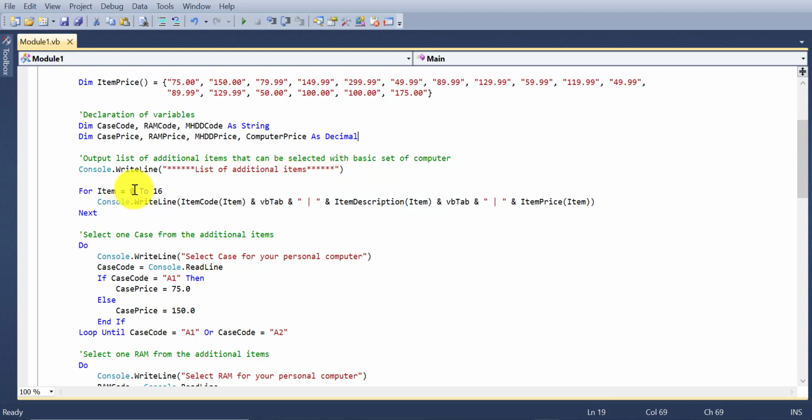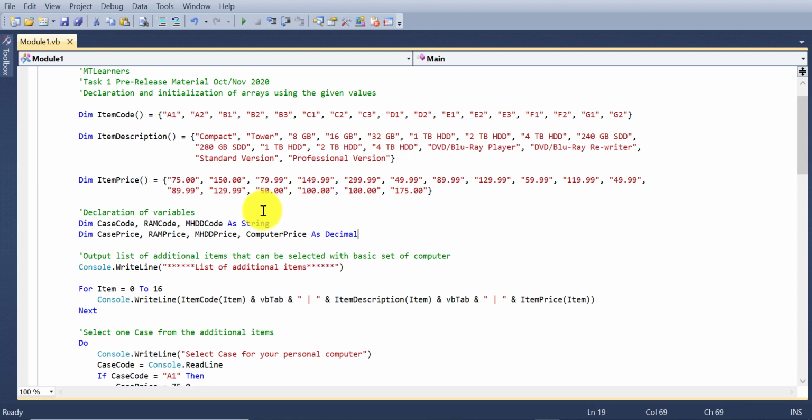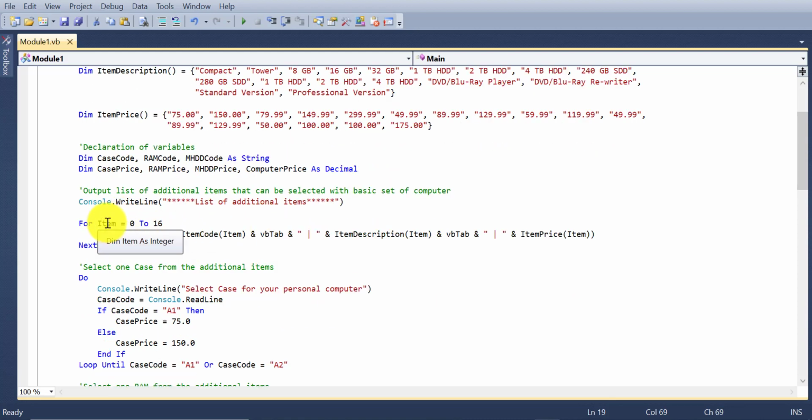And then for loop is used to display all of these array values, and I have used index for this array as item, and it is started from 0 till 16. I have used here 0 because in Visual Basic index of arrays is always started from 0, and so I have used the range that is from 0 to 16, means 17 items will be covered here.